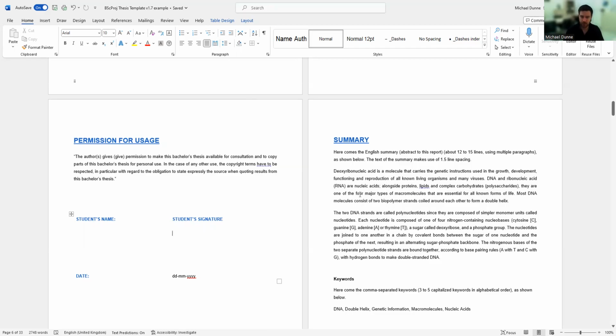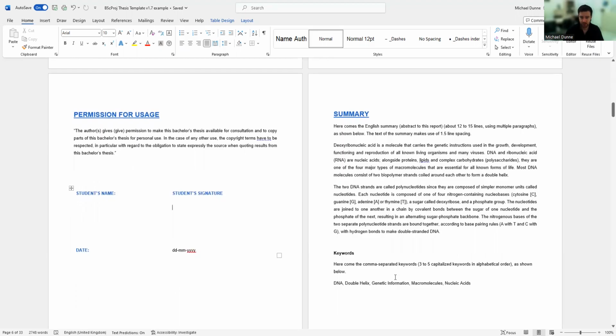It can have multiple paragraphs, and you can see samples of that again in the theses of the previous years, but it should cover everything that this thesis is about. You must write a summary in English, and you must include keywords, as you see in many journals, so 3 to 5 capitalized keywords in alphabetical order. Capitalized meaning the head